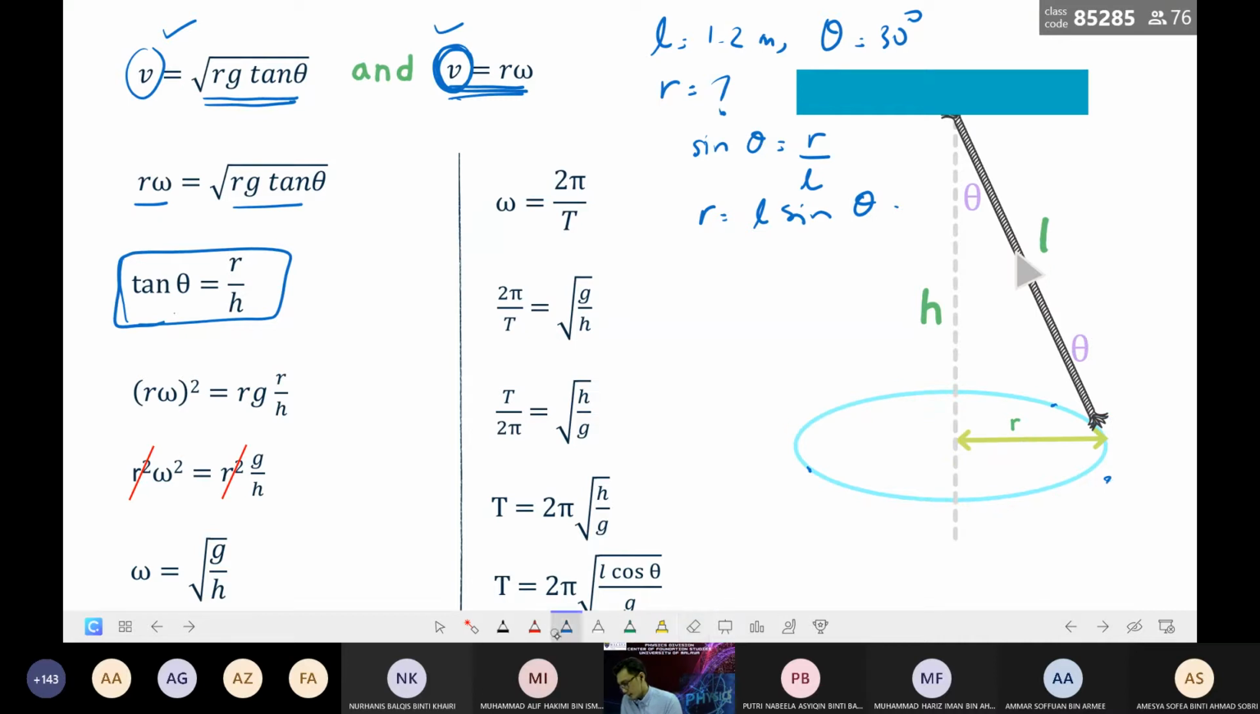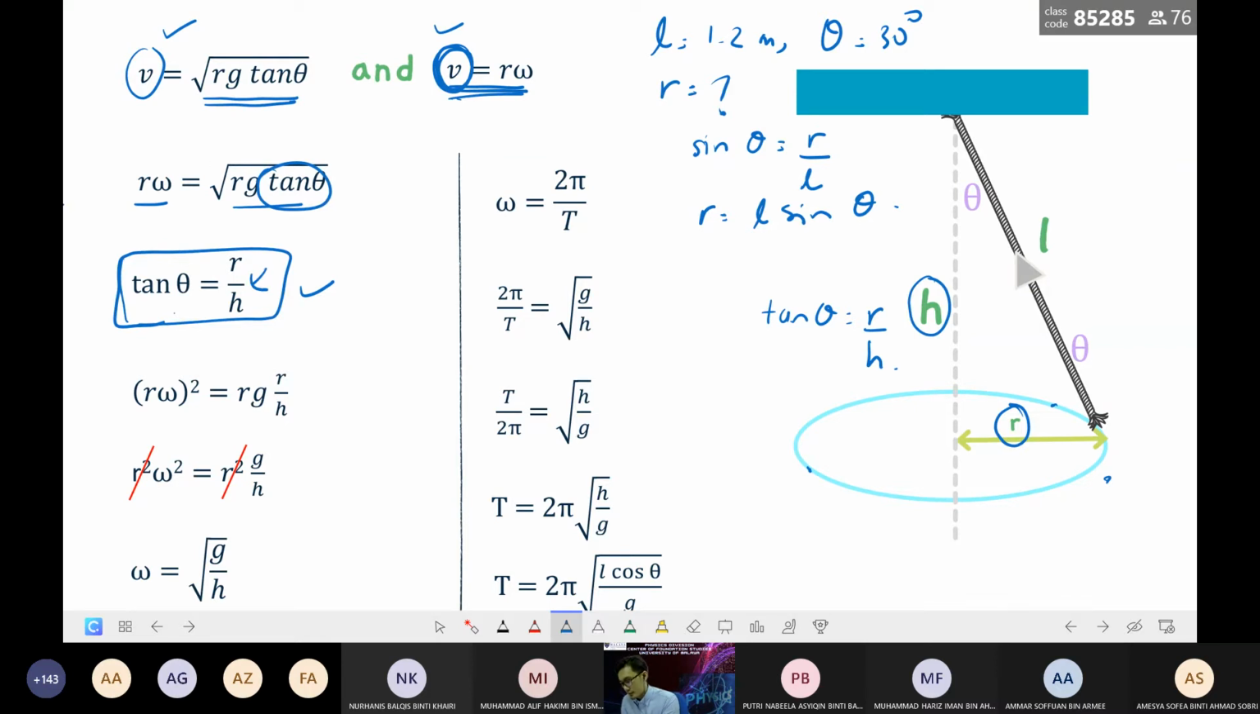Okay, here we have theta, and the opposite is actually the radius, and the adjacent is H. So tangent theta is equal to R over H. Okay, that's why we get this. Then we substitute this tangent theta with R over H, and then we get R omega to the power of